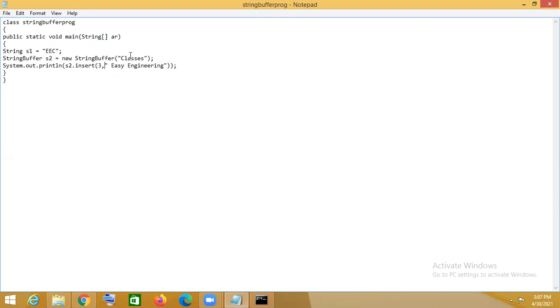Our S2 contains classes, and we want to insert the string easy engineering at the third position. C is at position 0, L is at position 1, A is at position 2, and S is at position 3. So the string easy engineering will be inserted in this position, and the rest will be shifted one place right. If we run this,